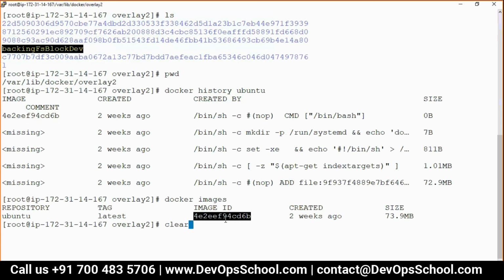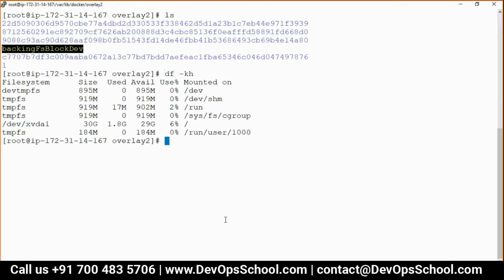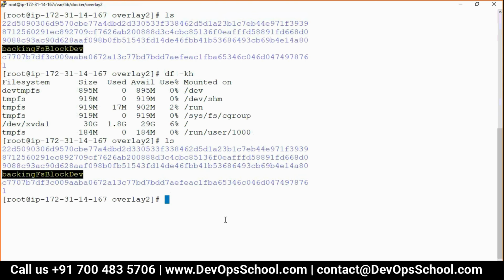Now the question is, what happens when you create a container? You know that. I will do that. Look at my screen, please. See here. Nothing is mounted. See here. 4 layers. Docker run -itd Ubuntu.